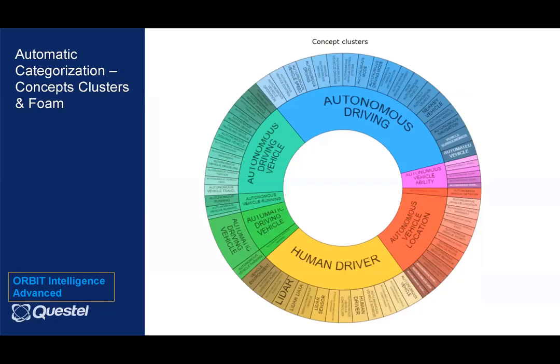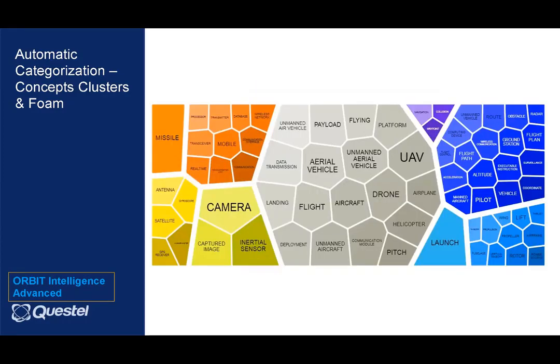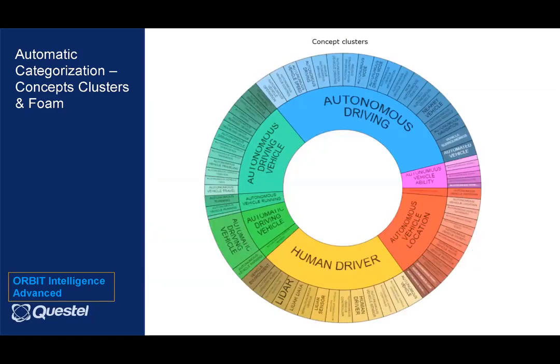Another similar concept cluster map that can be prepared in Orbit is what we call a wheel map. Again, this wheel map has concepts which are automatically detected by the database from the data that you have selected for analysis. Further, each and every wheel or part of a wheel works the same way. You can select, or a multi-selection option is available.